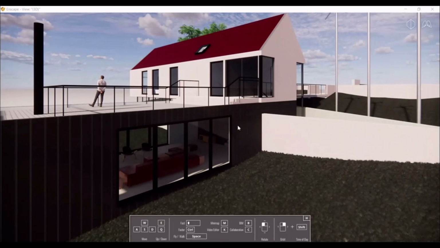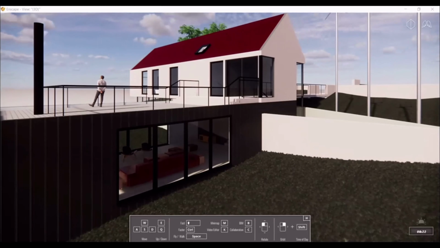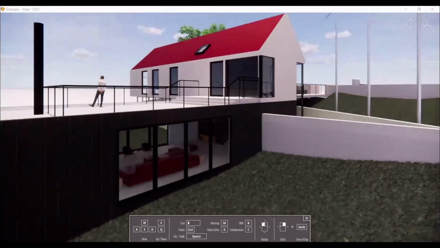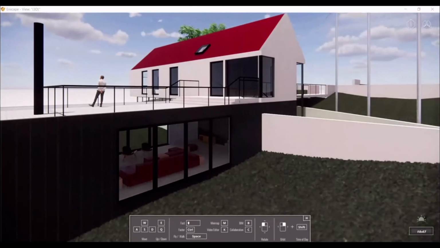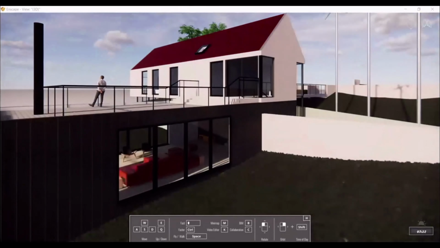If you want to move the time forward, move your mouse to the right side. If you want to go backwards in time, move your mouse towards the left side.